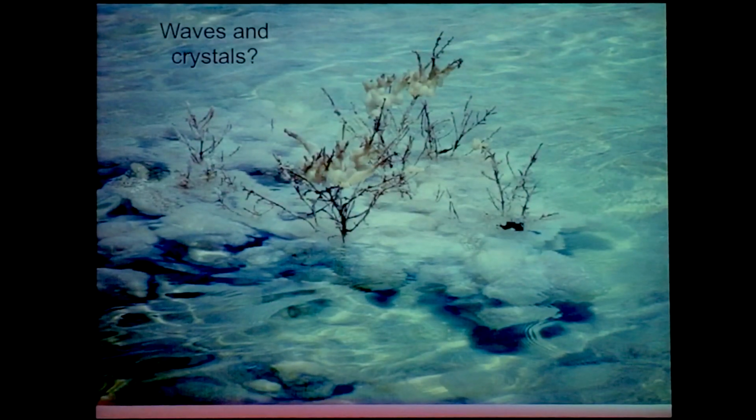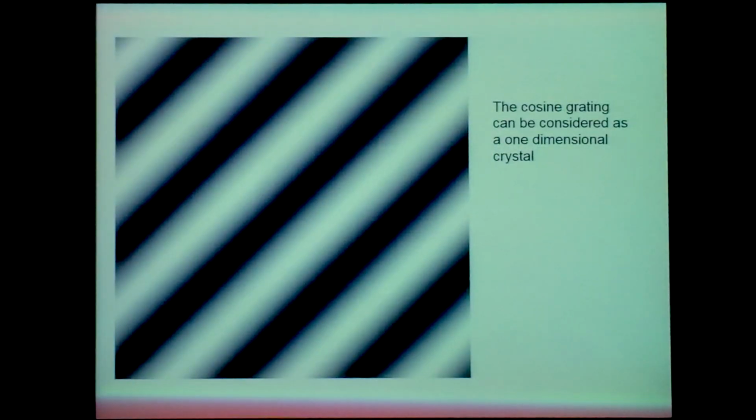So, we're going to be talking about waves and crystals. It's a nice picture of a wave. I usually give this particular part of the lecture later in the year when some of the snow has melted. But we can think of a crystal as a cosine grating. Now, what do I mean by this? This is actually from a book by Ed Lattman and Pat Loll. And what I mean is